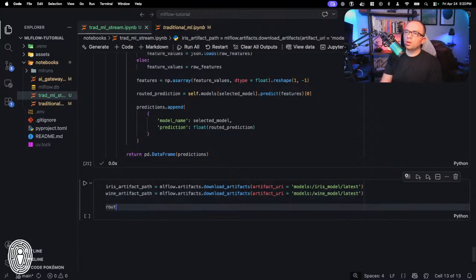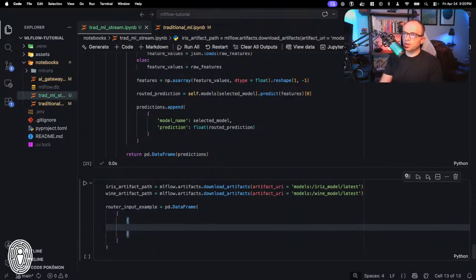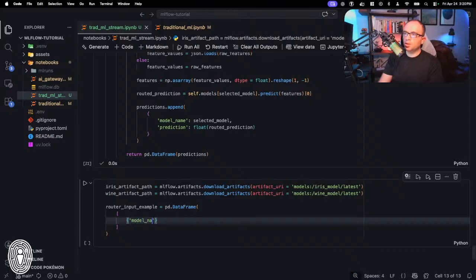So we're going to say router_input_example equals pd.DataFrame, and it's going to be a list of dictionaries: model name iris, features json.dumps(X_test[0].tolist()). Okay, thank goodness for syntax highlighting, or else I'd be so confused by all those parentheses there.